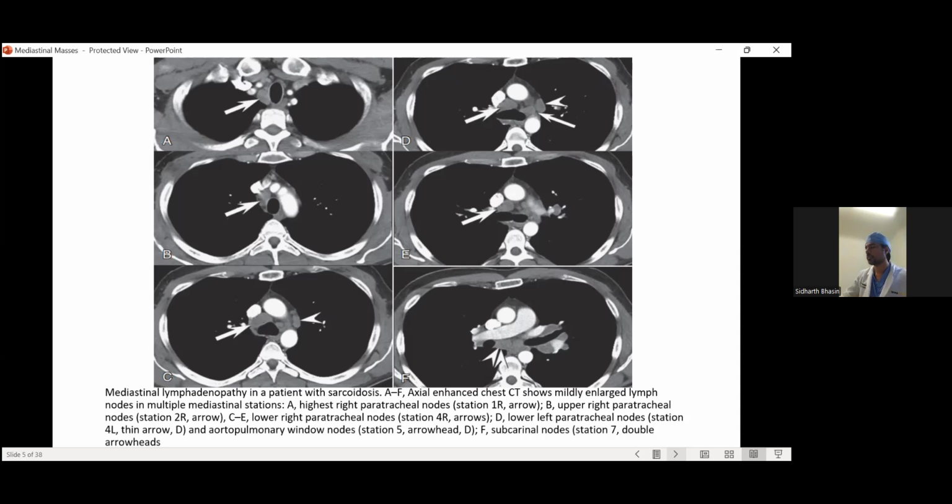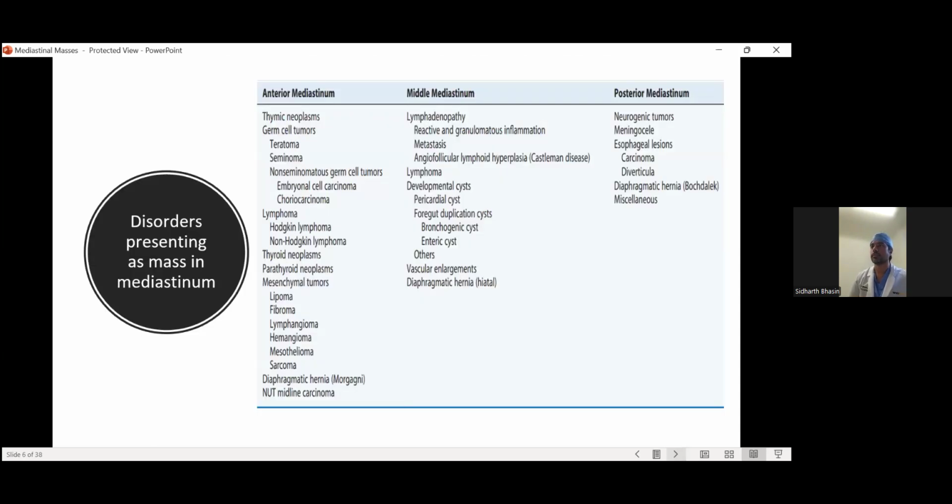Moving on to the other slide, what are the disorders which present as masses in the mediastinum? The biggest that we encounter here is lung cancer and infection sometimes. And then, as I said, interstitial lung disease like sarcoidosis most often. Sometimes silicosis and berylliosis can also give you mediastinal lymphadenopathy. But if you base it on the compartments and what can give you masses there,